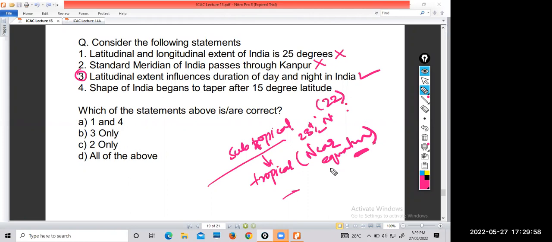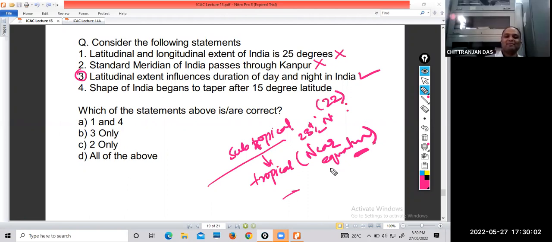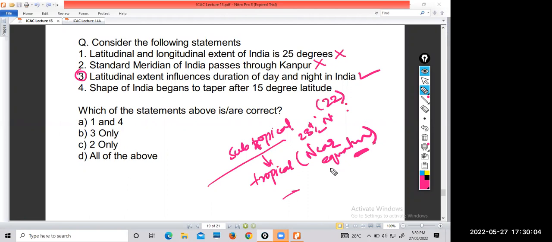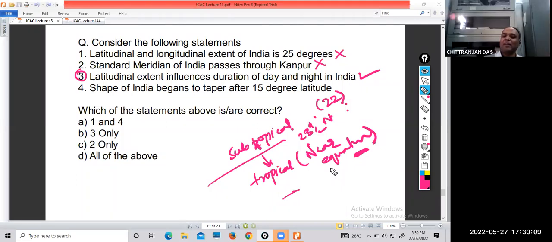Sir, रात छोटी होगी ना? रात छोटी होगी या बराबर होगी? Both are equal. हमने इक्वेटर के बारे में यही पढ़ा है ना, दैट इन इक्वेटर ज्यादातर इक्विनॉक्सेस आते हैं जब डे और नाइट इक्वल होते हैं,